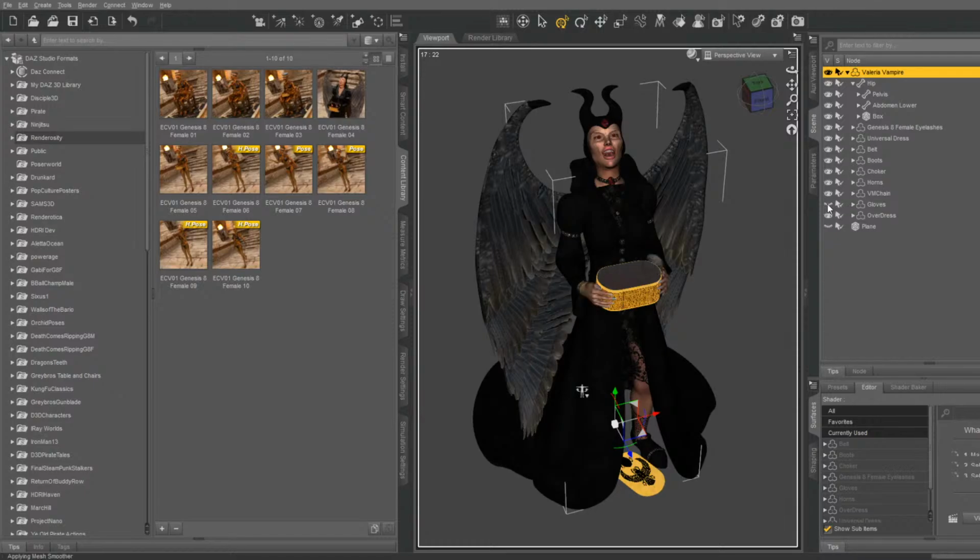Let me turn the gloves off. Ah, it is the gloves. Thank goodness I don't have to rebuild that pose. Without the gloves, it doesn't go through. Okay. Anyway, so